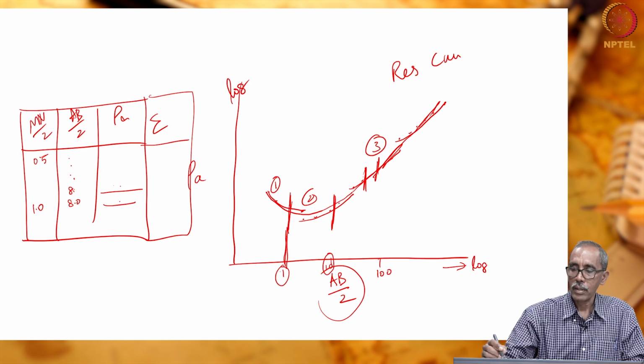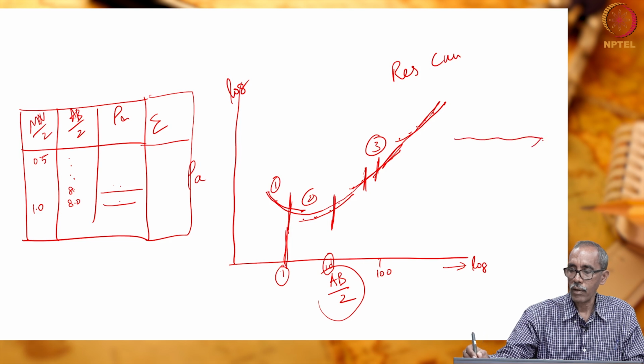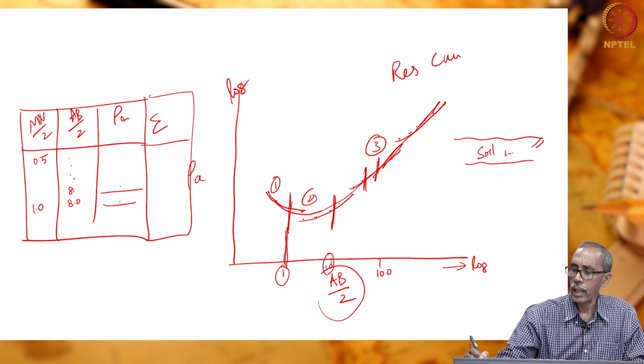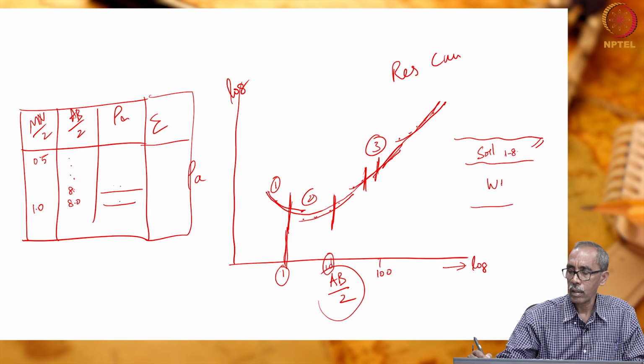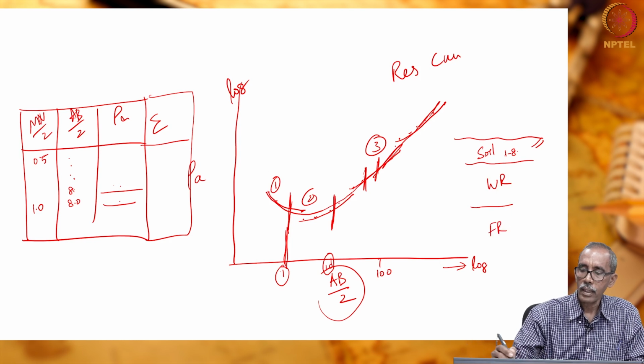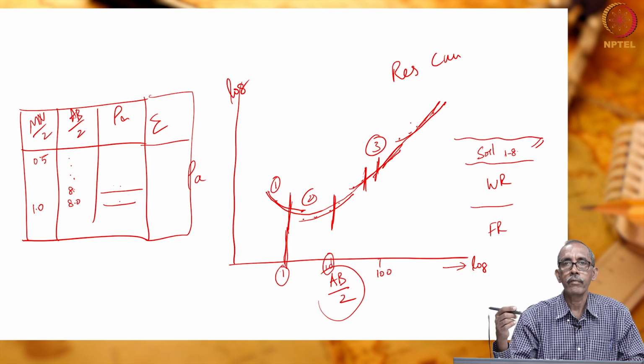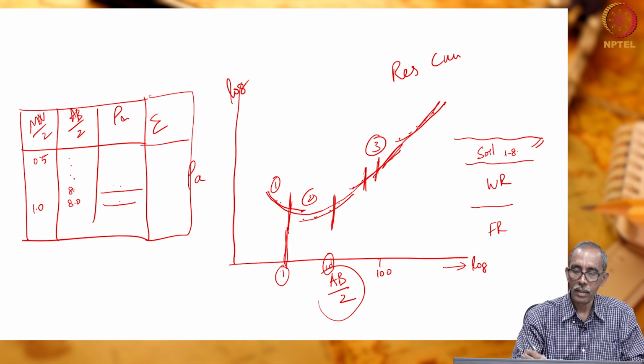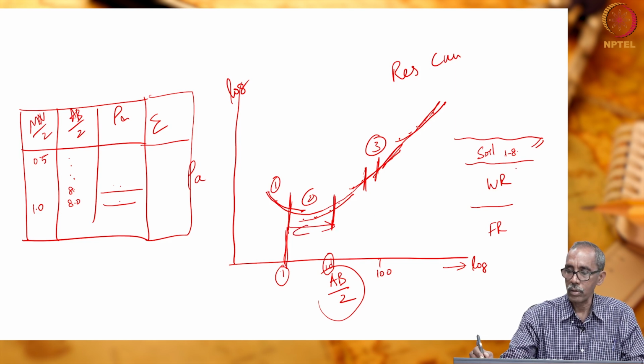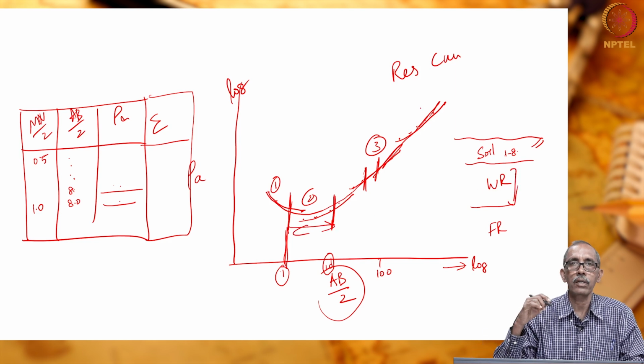Since the campus of IIT has massive rocks below the surface, right, we have some soil maybe up to 1 or 2 meters, or sometimes up to 8 meters, right. Then we have weathered rock, then we have fractured rock. So, this is the typical curve which we will get when you carry out the survey in hard rock. So, this refers to the top highly weathered regolith, which is soil. This is the weathered rock zone, beyond that is the fractured rock.